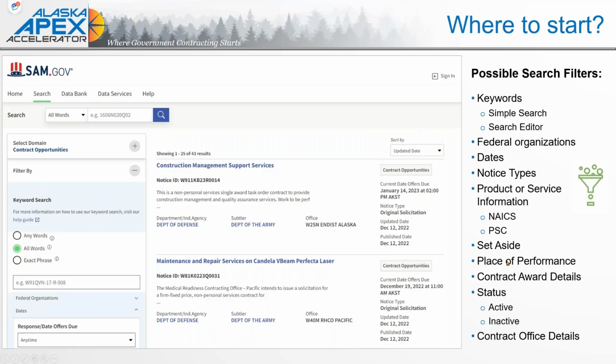those PSC codes, the set aside type, if we're thinking about, are we seeing the trend for that particular activity that we want to get into, that contract cycle, is it an 8A set aside? We can do a search by 8A or HUBZone, or it's just small business. We can look at place of performance to help narrow down contract award details, and of course the status, active,